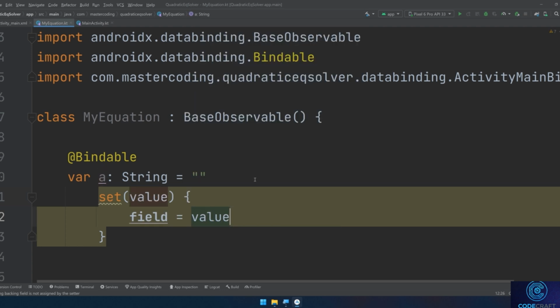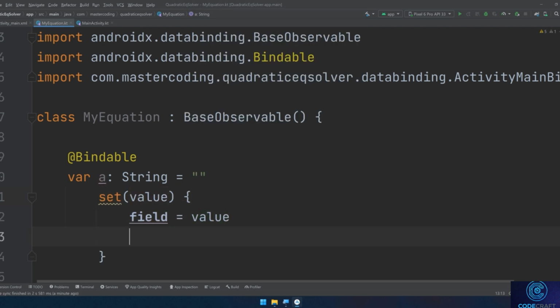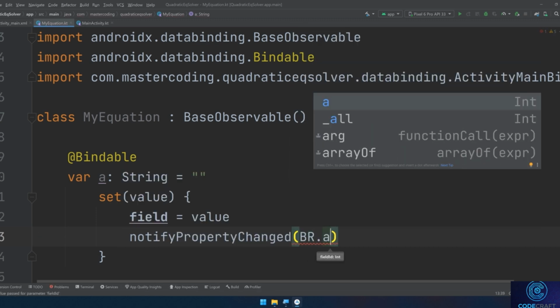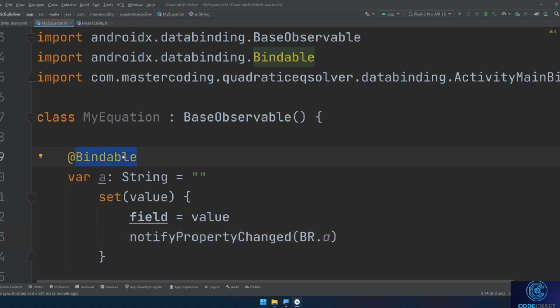This is the default setter in Kotlin. Please review the setters and getters in the Kotlin basics. And I'll use a method called notifyPropertyChanged, BR.a. The Bindable annotation is used in the context of Android data binding to mark properties for which the data binding